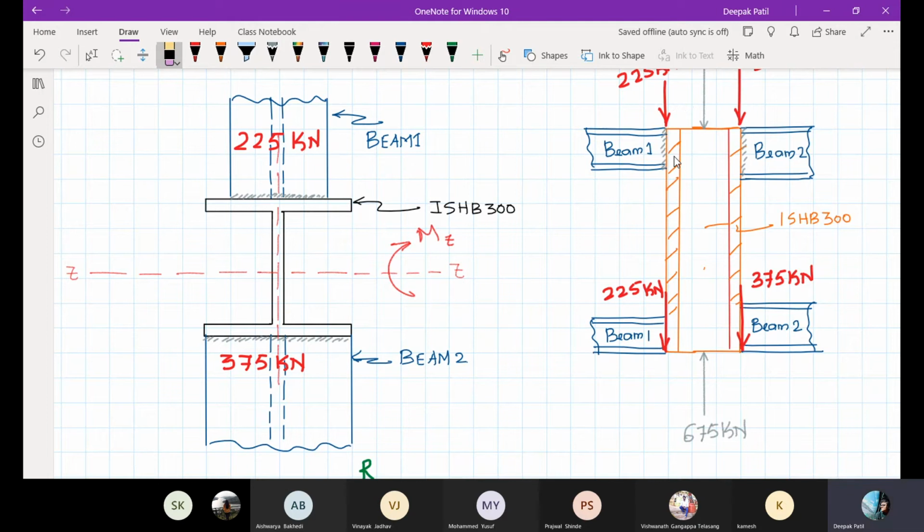Okay, right. So now you know that it is Mz. But how can you calculate Mz? This is a very tricky part. Yes, what is the P value? Axial compressive load. Directly you can say P is 675. But what is Mz? How will you calculate Mz? Can anybody just give me a simple hint? I don't want the exact value. Give me some simple hint on how you will proceed to calculate the value of Mz.